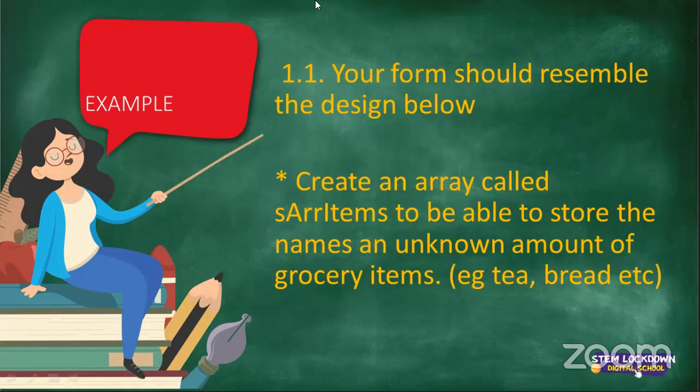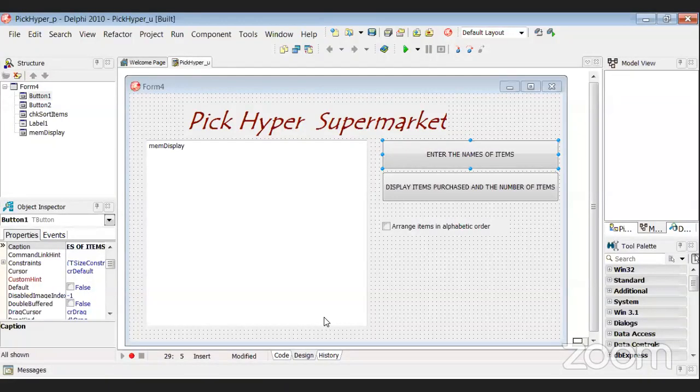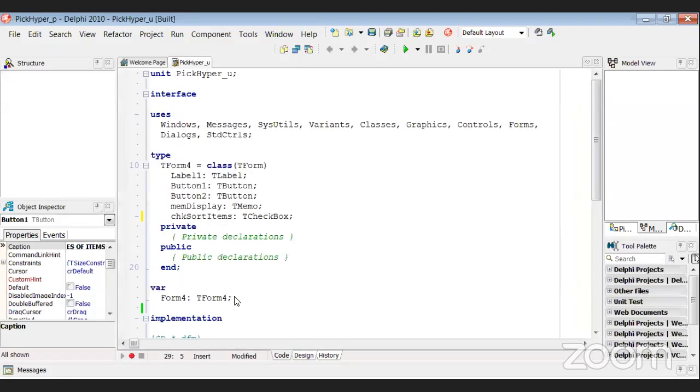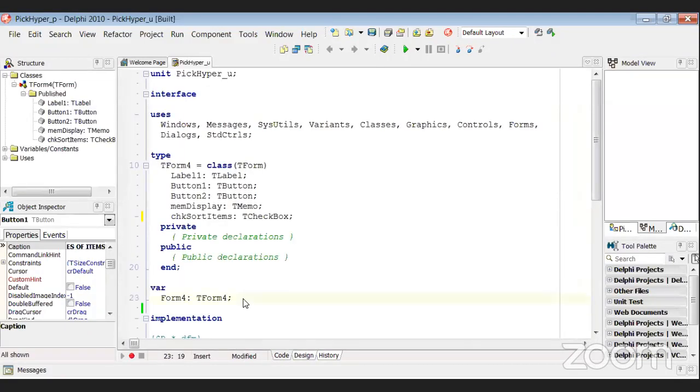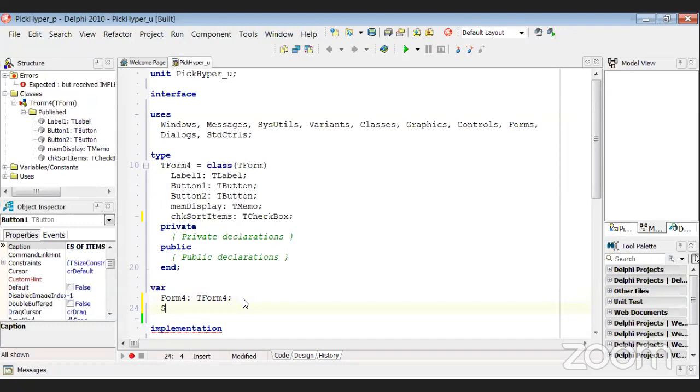We don't know this. So how are we going to create this? Let's go to Delphi. Let's try to do this together. Okay, so you should be able to see the Delphi screen in front of you now. Now I'm going to declare my array. Remember, it's a string array, so I'm going to call it, I think they did give us the name, sArray